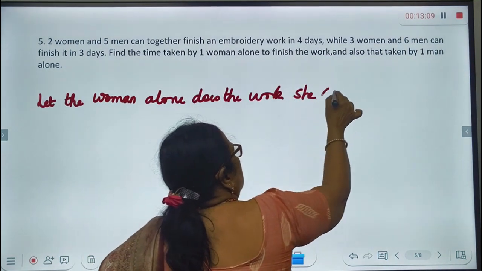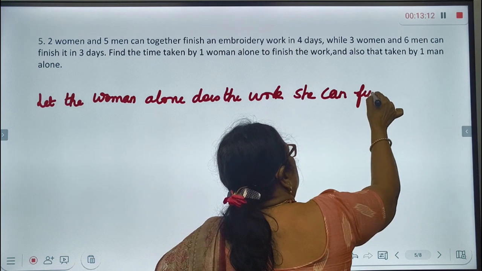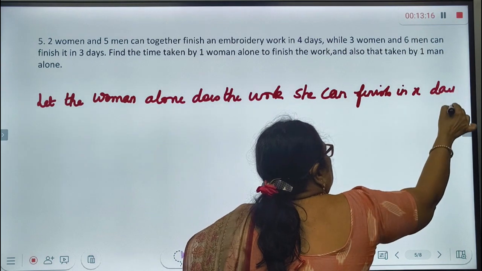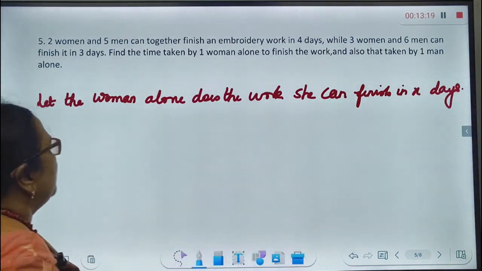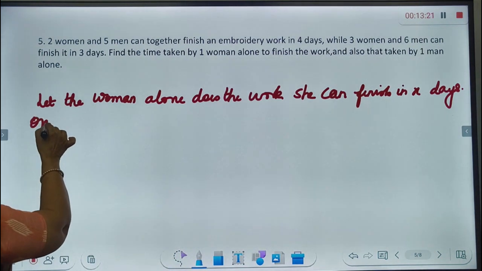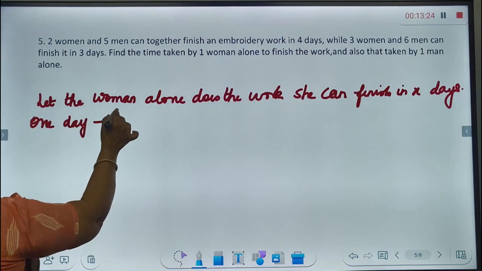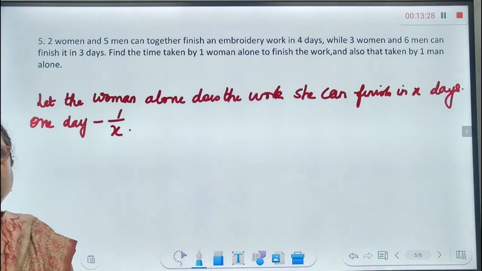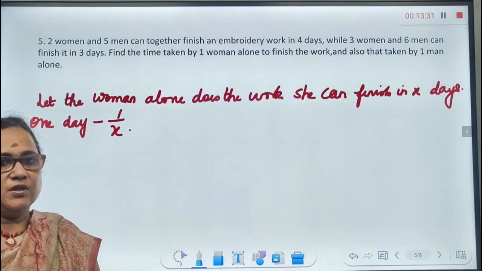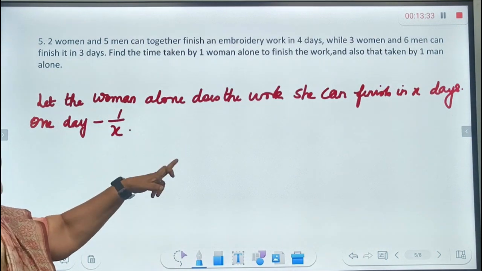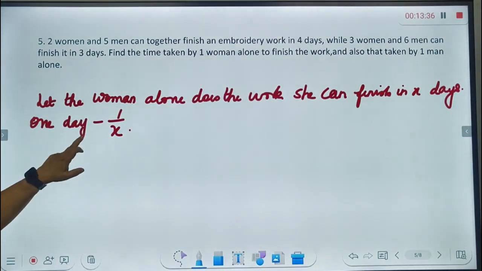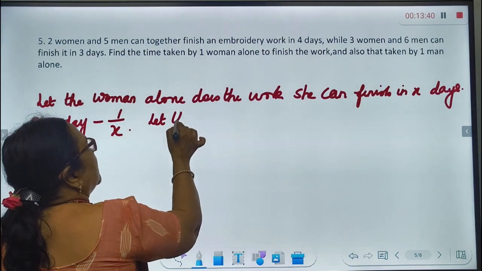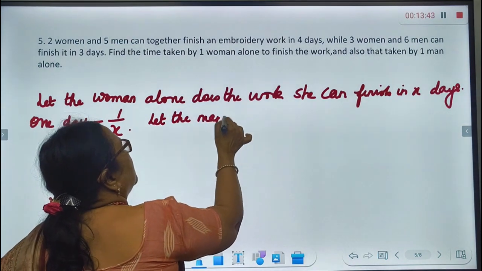She can finish in X days. So in one day, how much work will she do? One day, she will do 1 by X of the work. So in 4 days, if you can finish, in one day, how much work will we do? 1 by 4th of the work. So if she can finish the work independently in X days, then in one day, she will do 1 by X of the work. Let the man,